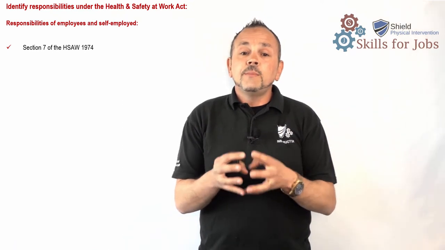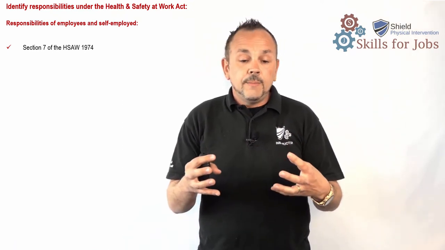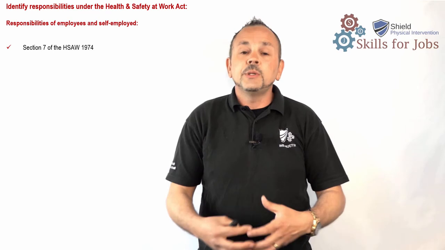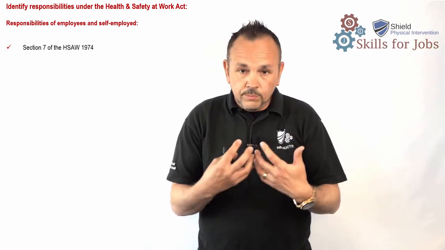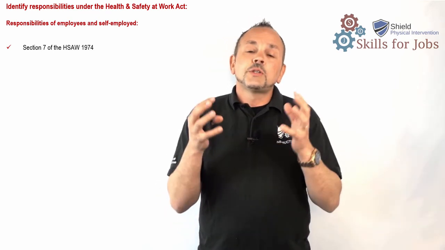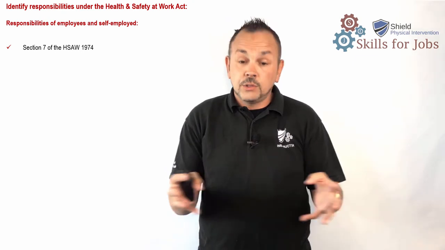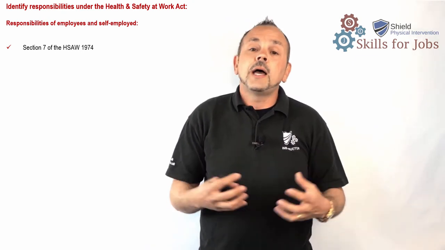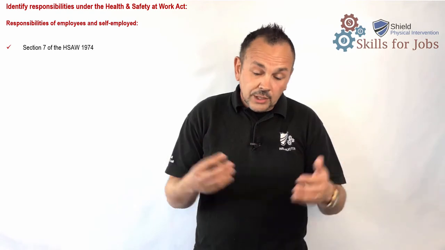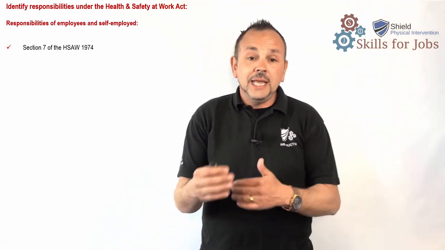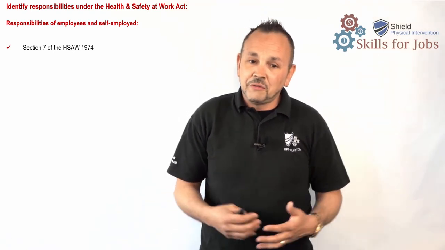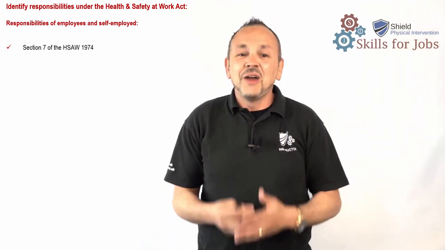Okay, so that's Section 7 under the Health and Safety at Work Act 1974, which is the duty of employees, which pretty much in short means that once your employer has conducted that risk assessment and provided you with training or personal protective equipment, it's your responsibility to follow those instructions and wear that PPE. If you don't, then of course you haven't been involved in an incident at work that wasn't your fault, because it was your fault because you wouldn't follow instructions. I hope that makes sense. I'm sure it does.